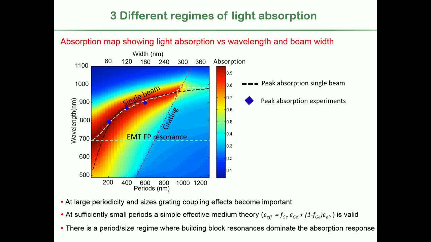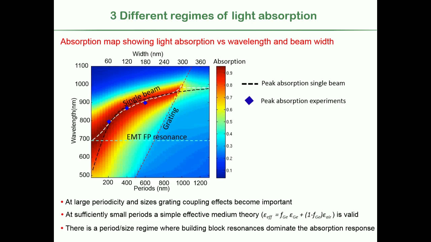And as I make the beams smaller and smaller and move to the left, then I see that my peak of strongest absorption moves to shorter wavelength. Smaller resonators absorb more strongly. But ultimately, the peak of the absorption of the metamaterial here in red deviates from where the individual resonator would absorb, the dashed line, and it moves to this line over here,